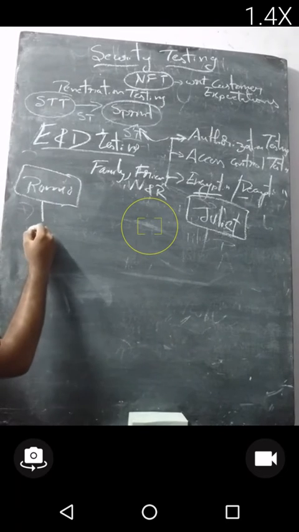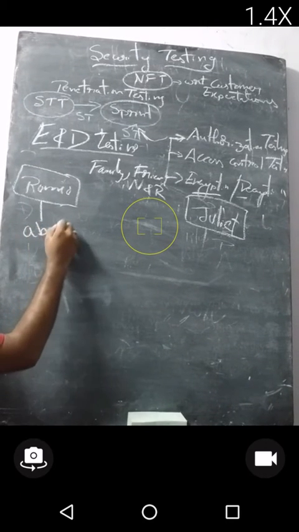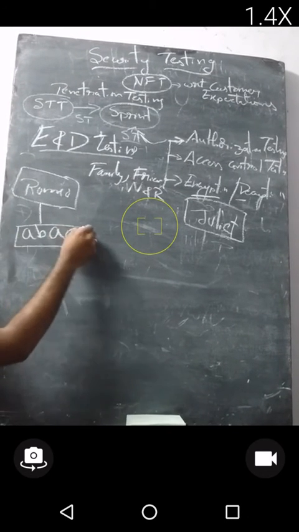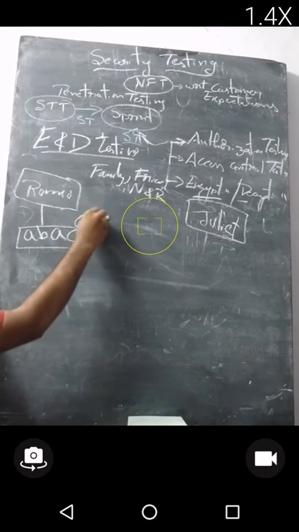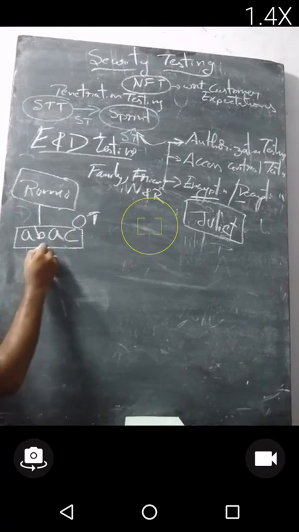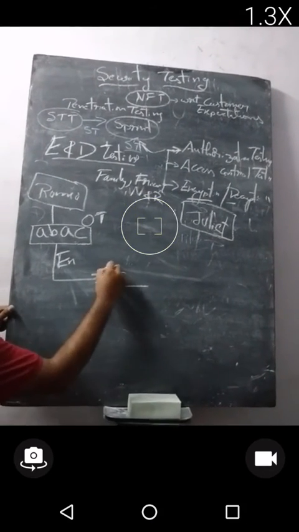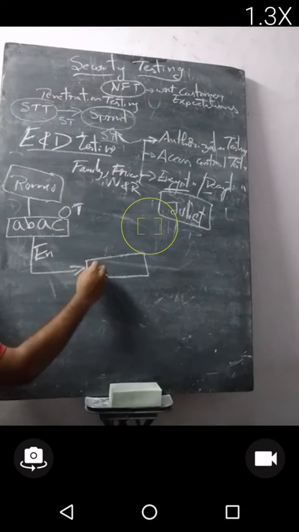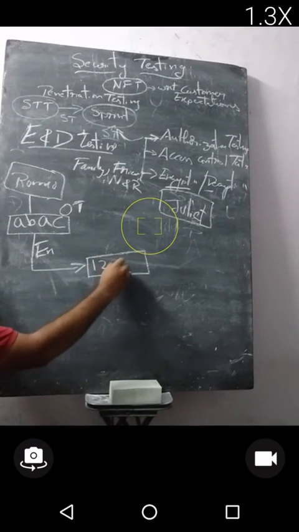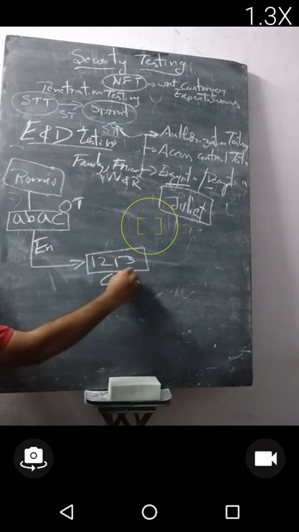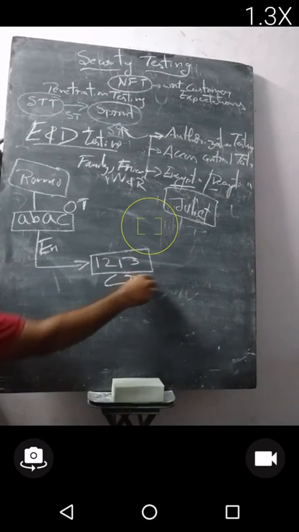Romeo is sending the message AB AC. Let us assume this is one word. This is the original text, AB AC. This original text is encrypted, E stands for encryption, to ciphertext. Ciphertext means the inner meaning of the text is hidden by using a numeric format, 1, 2, 1, 3. So after encryption, the ciphertext is sent to Juliet.